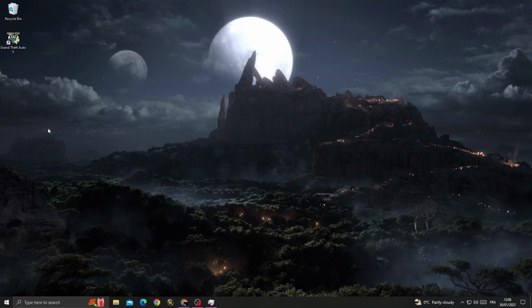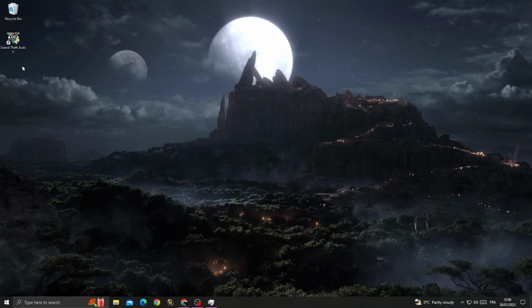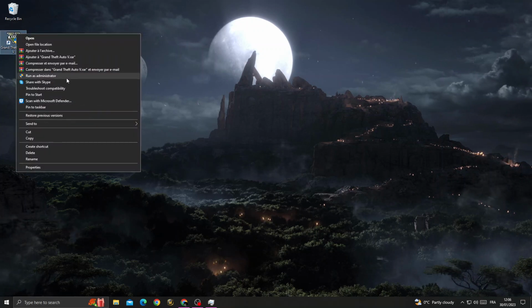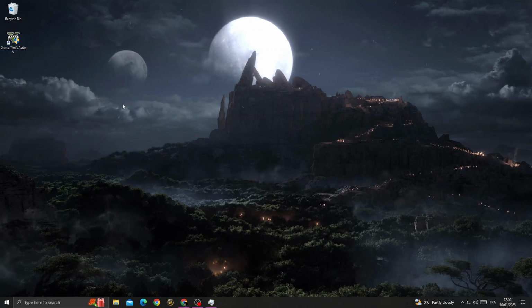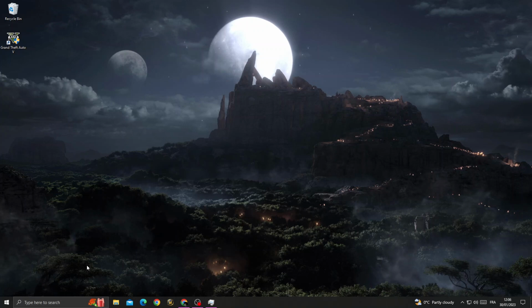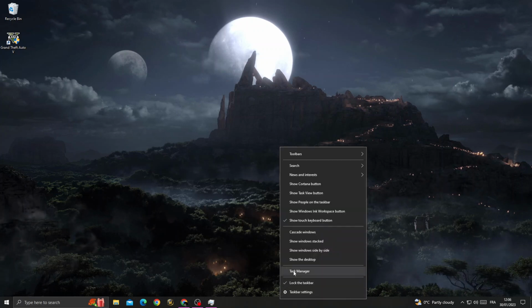And now after that, all you need to do is right click on GTA 5 and click run as an administrator. And now if that doesn't fix your problem, all you need to do is right click here, open task